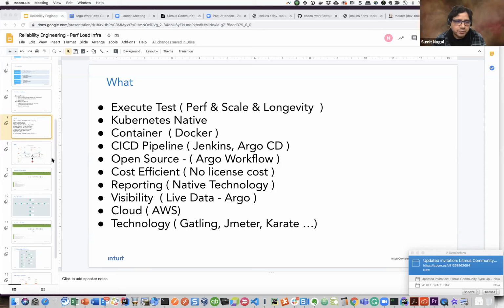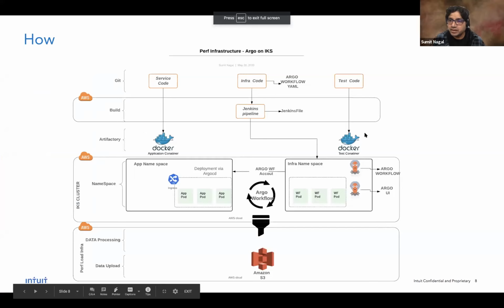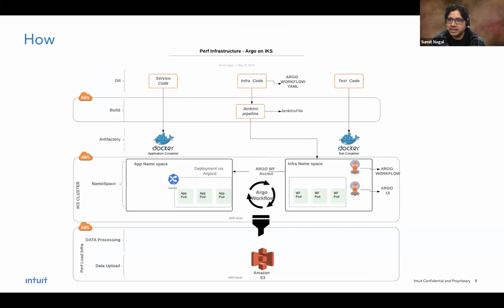So what we have come up with, because we work very closely with Jesse Bala, initially when we started, we did a small POC on how we can use Argo Workflow for doing performance testing and creating an infrastructure which is scalable, self-service, and Kubernetes native. This is the same way any service is deployed. You have Git code, you build, and you create a container artifact, which is a Docker image. Now we have started adding test code, and we started creating a container out of the test code.